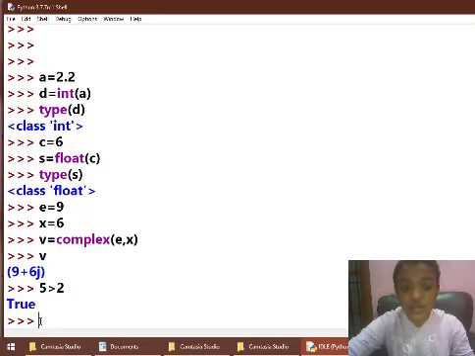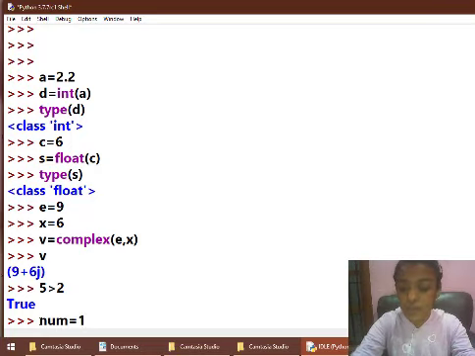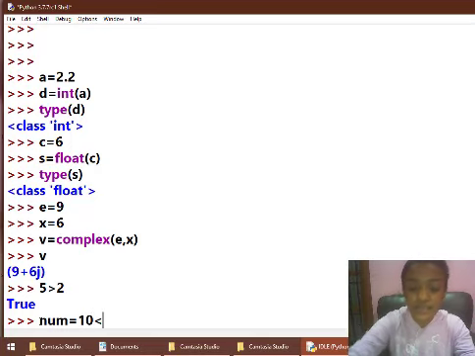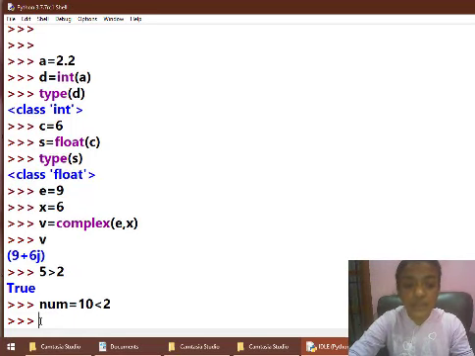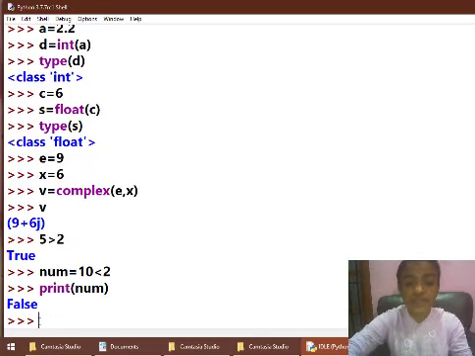Suppose I am using this in a variable, for example num is equal to 10 is less than 2, something like this. Now when I press enter and ask Python to print this num, it gives me false.